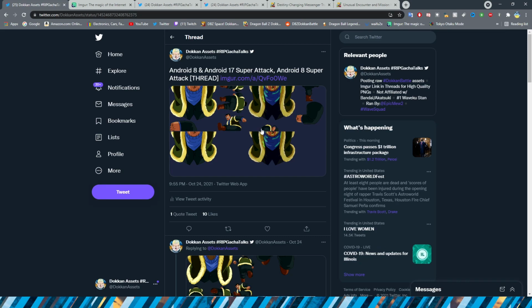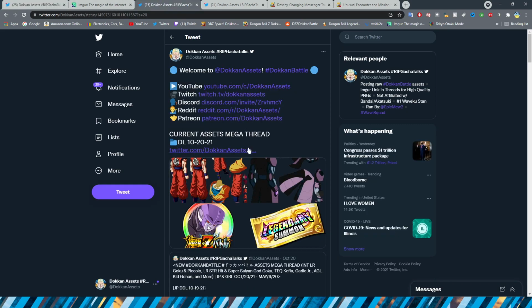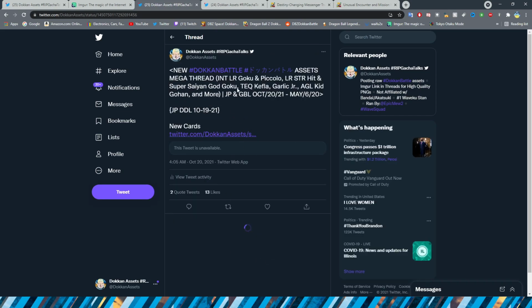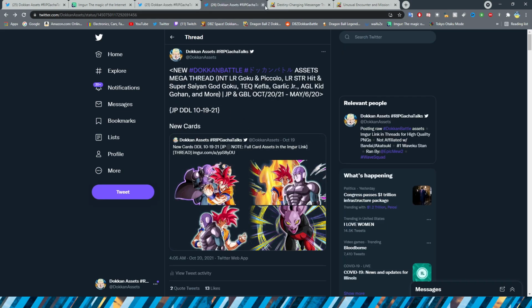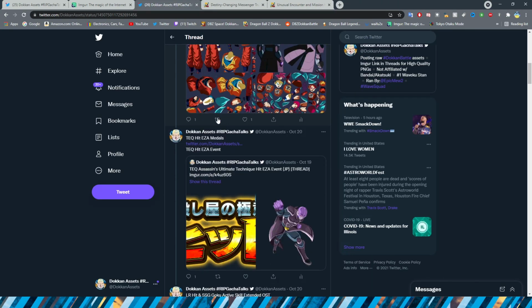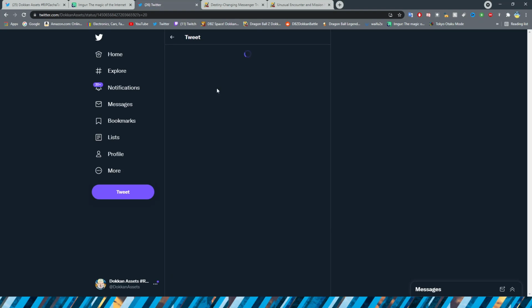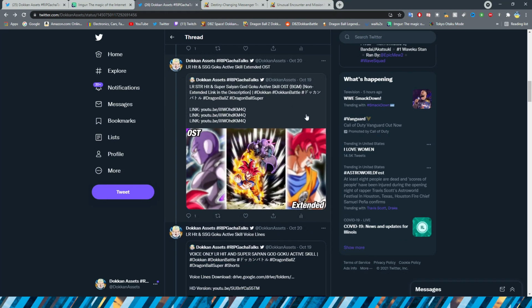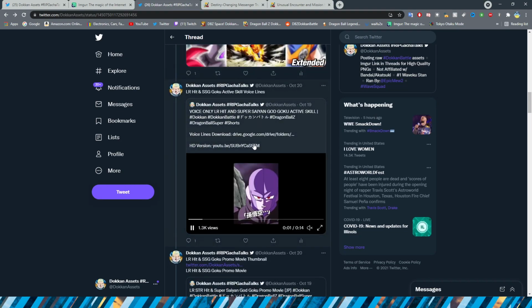Again, I post all different kinds of stuff, literally everything. This is what the usual pin tweet will look like, with a couple of assets just kind of representing what was there. And then if we click on the actual mega thread, which funny enough was just this tab too, you can see a lot in this mega thread. It's just kind of a good example, right? I post the medals for the different characters, right? The event assets. Obviously, I post the OSTs, the essays with the voice lines,